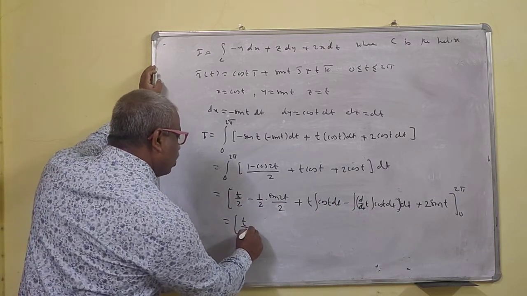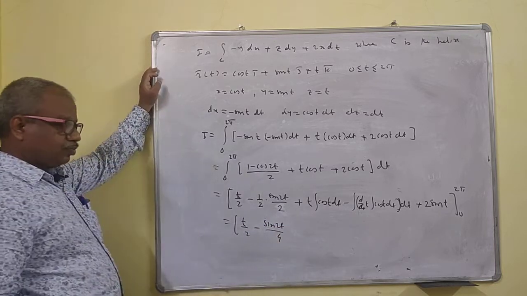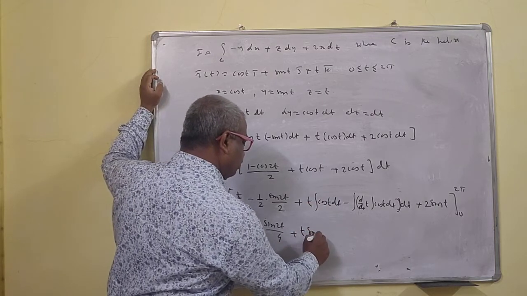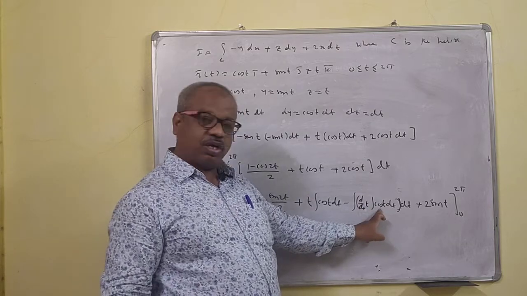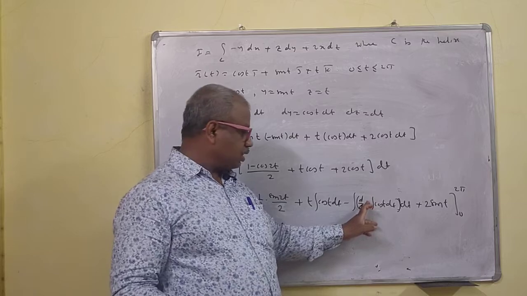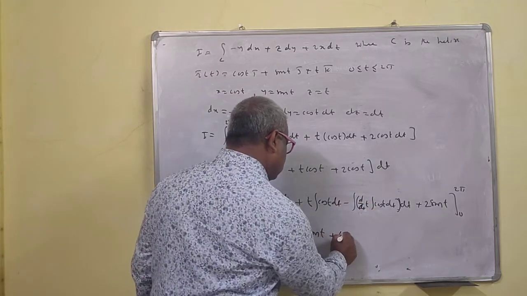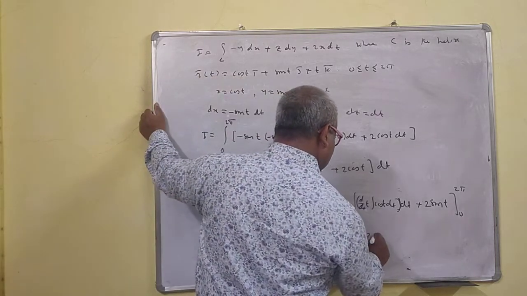Okay, so t by 2 minus sin 2t upon 4. Integration of cos is sin now. This is what? t sin t. Okay, so derivative is 1 here. Integration of cos t is what? Sin t, and this one is what? Sin. Again we have to integrate the sin. Integration of sin is minus cos. Okay, so minus becomes plus. So this is cos t plus 2 sin t.